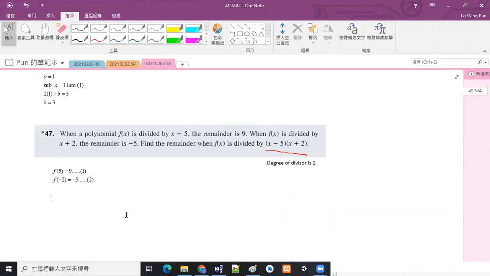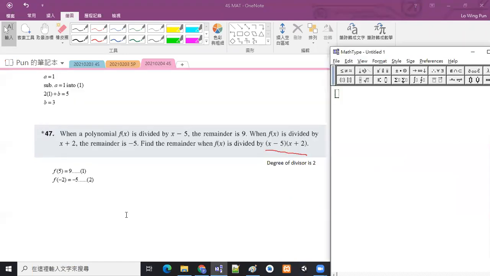We will let f(x) be identical to the divisor, that is x minus 5 times x plus 2 times